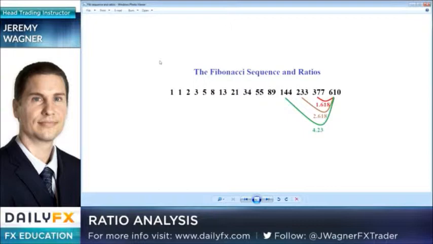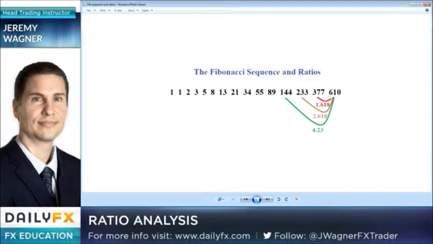Or there could be some type of Fibonacci sequence relationship with it. Here I've mapped out the Fibonacci sequence going 1, 1, 2, 3, 5, 8, 13, 21. For those unfamiliar with the Fibonacci sequence, all you're doing is adding the previous two numbers together to get the next number in the sequence, and we keep adding this up. I've stopped the sequence at 610 because you'll notice that some of the ratios, as this sequence moves farther and farther out towards infinity,